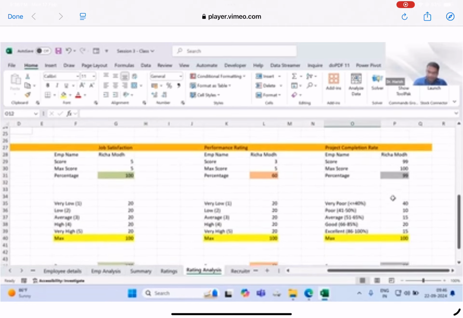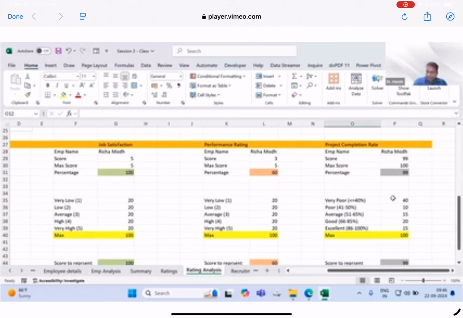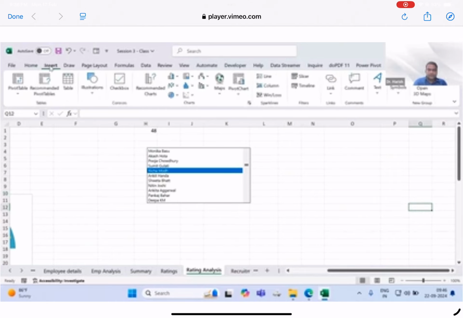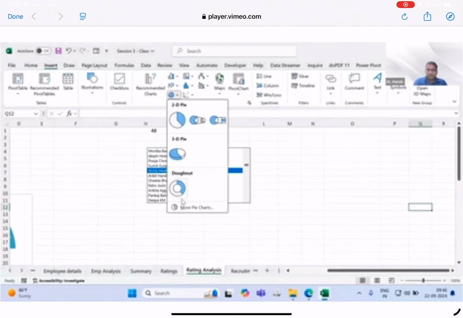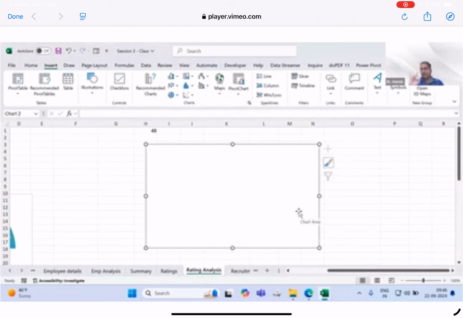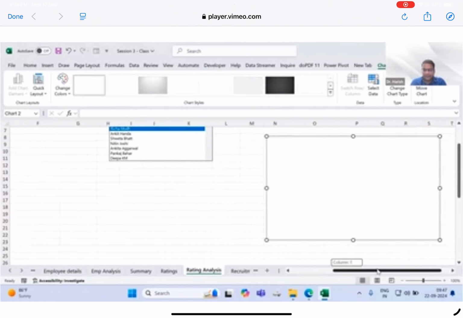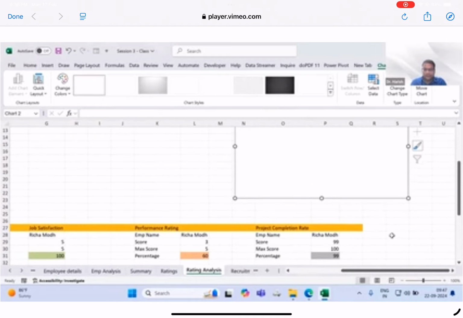Let's say what it is showing. It is showing that less than or equal to 40 is very poor, and more than 85, plus 200, it is excellent. So what we need to do, we need to create another dashboard or rating dashboard for this. Let's say going to Insert, clicking on this donut chart again. So all 4 ratings should be represented as a donut, right? And then let's say,